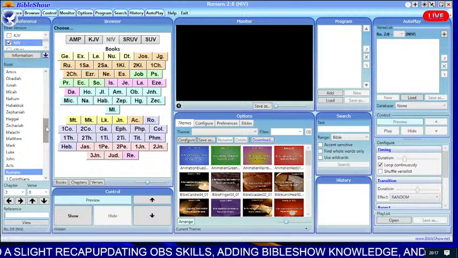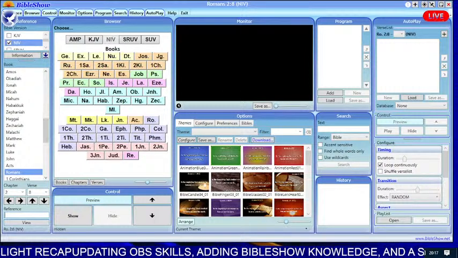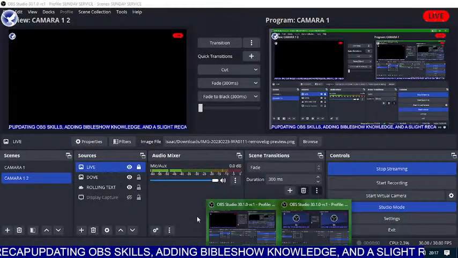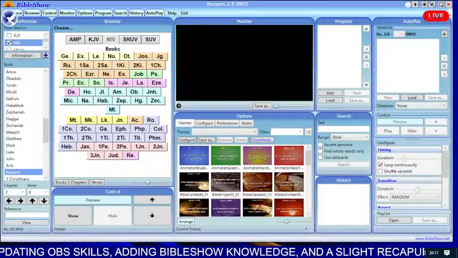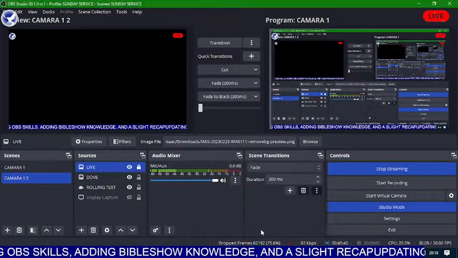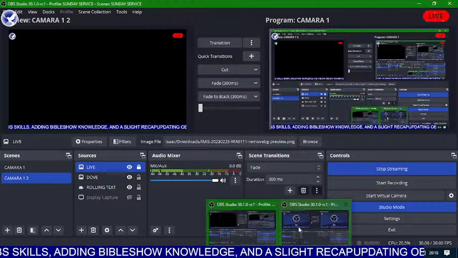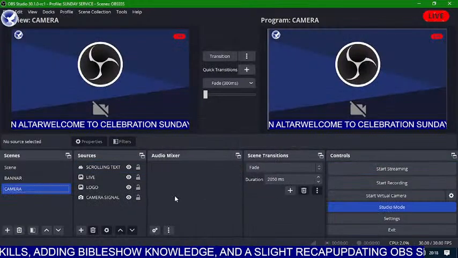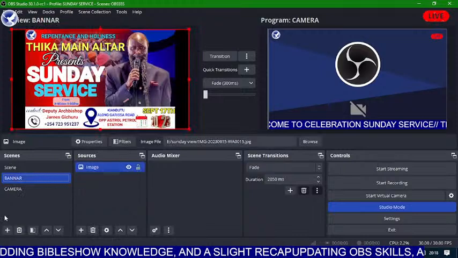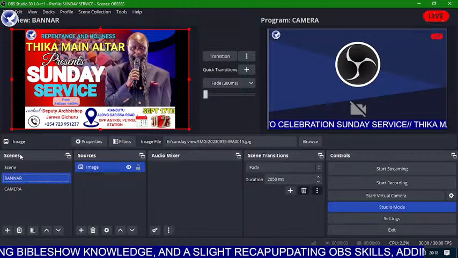you come now to, you go to OBS. Okay, nisema natumia Kiswahili. Umeshafungua Bible show, unakuja kwa OBS. This is where we are. Not there really, this other side. We are here. Sasa unataka kuweka nini? Let's say kulikuwa na banner hapo. Sasa unataka kuongeza Bible show, so unakuja hapa kwa scene,